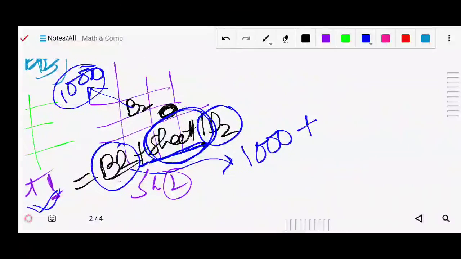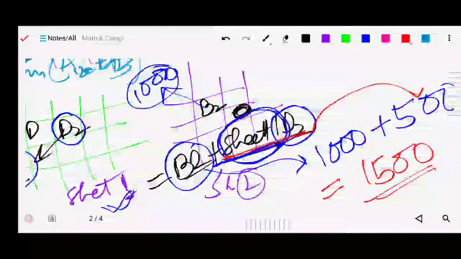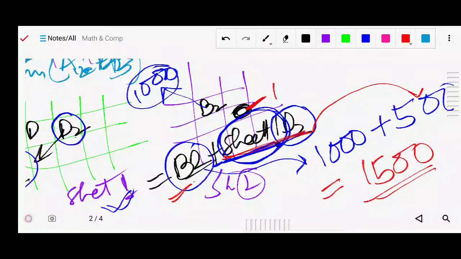So this Sheet1 exclamation mark D2 will give 500. Now this will be added, so it will be 1500. When you enter it here, the value 1500 will come. This method is called cell referencing using the sheet reference. Got it?